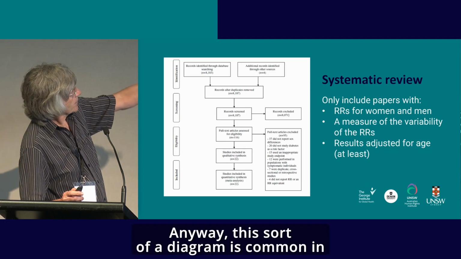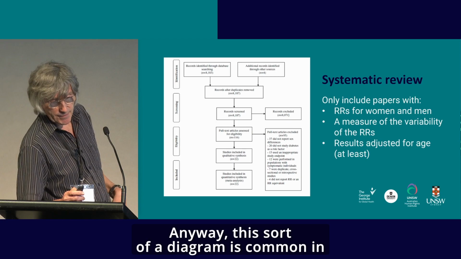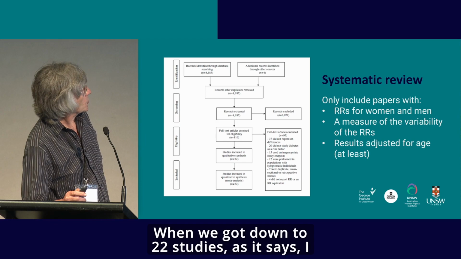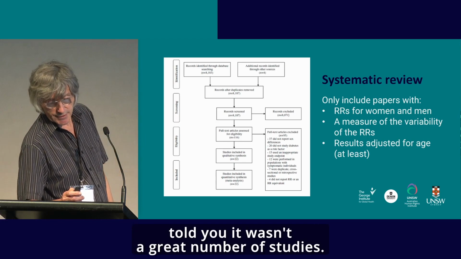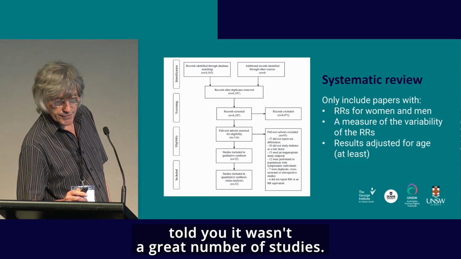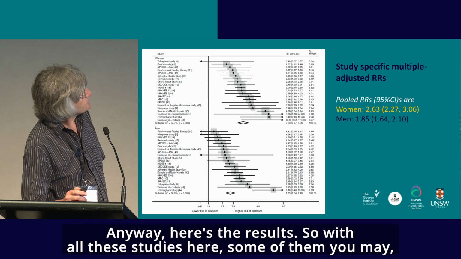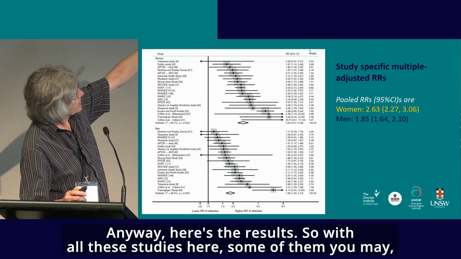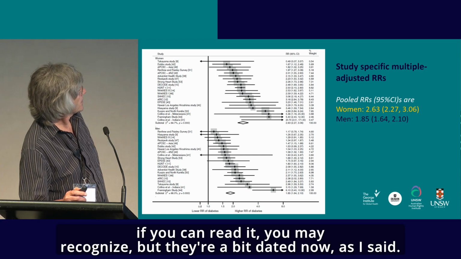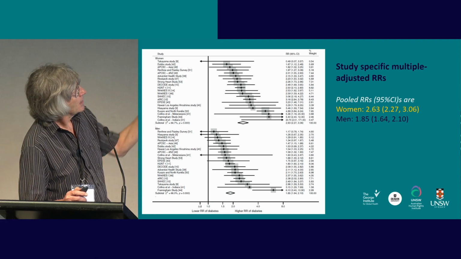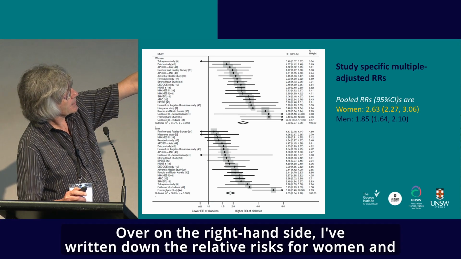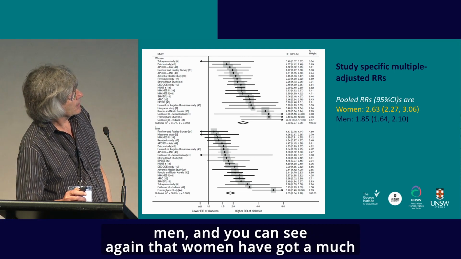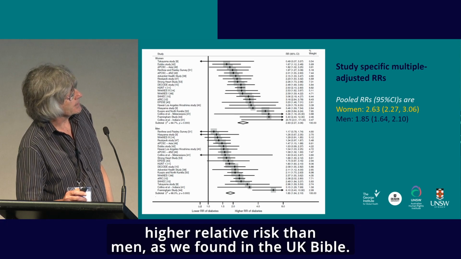Anyway, this sort of diagram is common in systematic reviews, as I'm sure you all know. We got down to 22 studies, so I told you it wasn't a great number of studies. Anyway, here are the results. With all these studies here, some of them you may recognize if you can read it, but they're a bit dated now, as I said. Over on the right-hand side, I've written down the relative risks for women and men. And you can see again that women have got a much higher relative risk than men, as we found in the UK